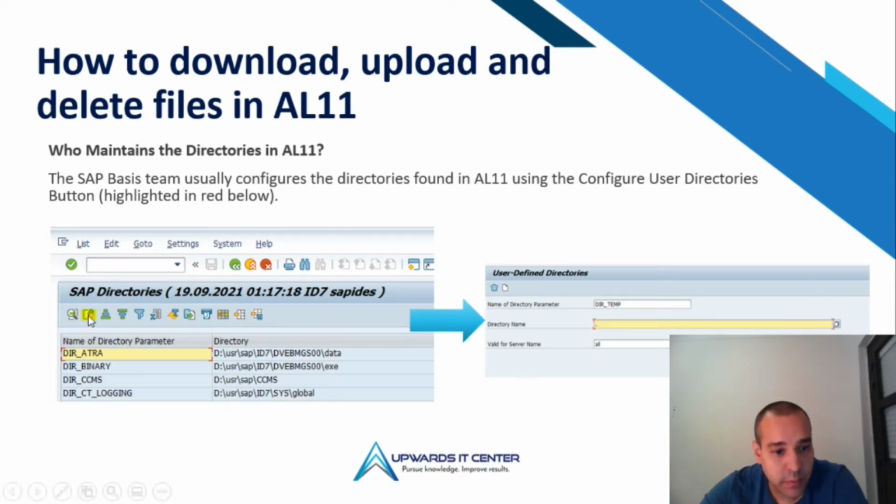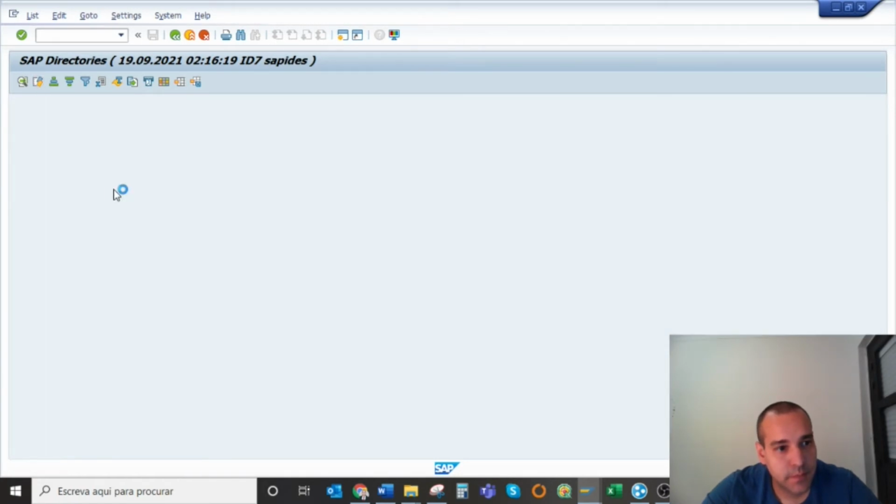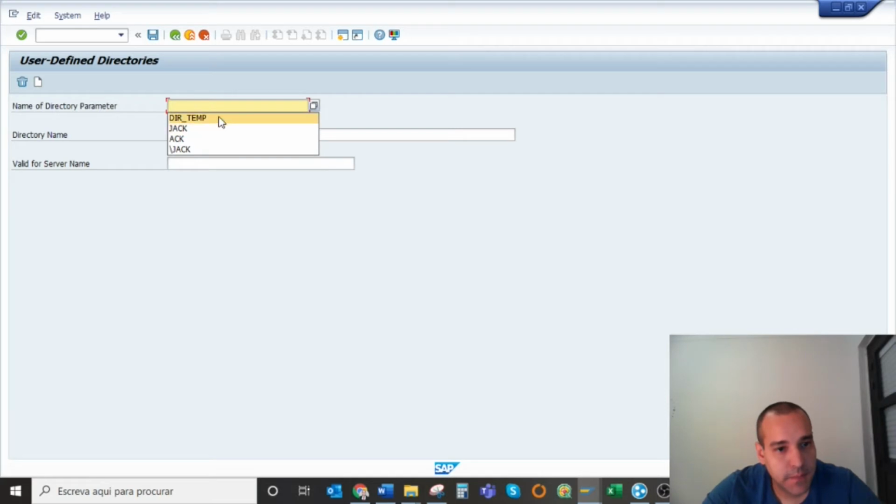You can click on this button, Configure, and create your new folder according to the directory parameter. You need to specify the name of the directory parameter, the directory name, and for which server name it is valid,